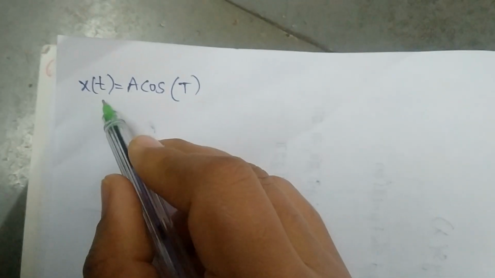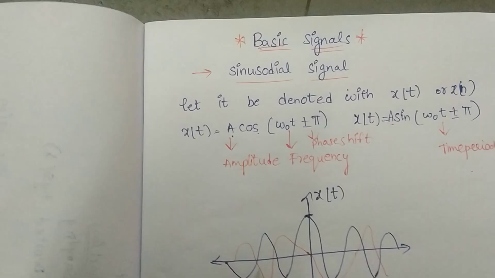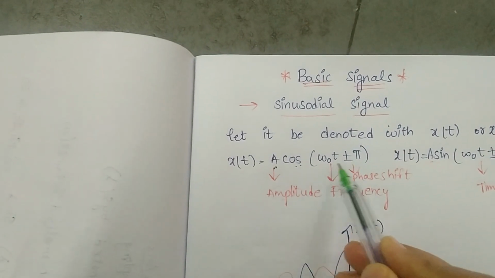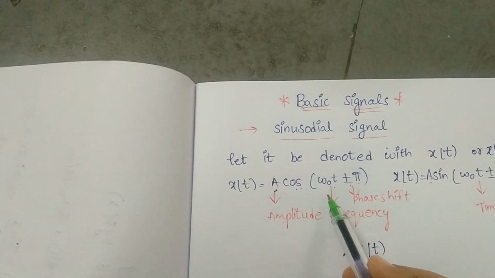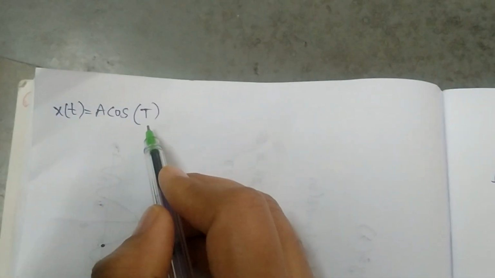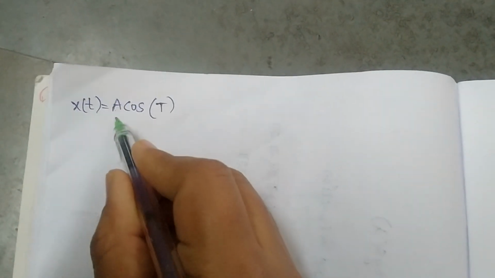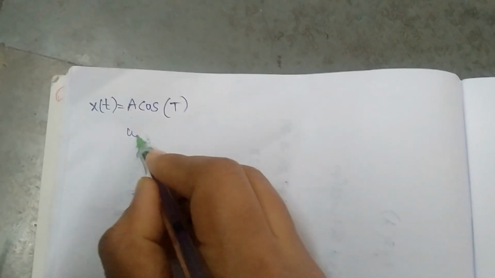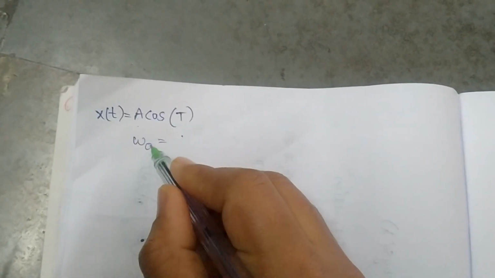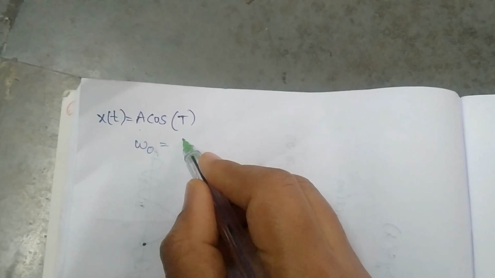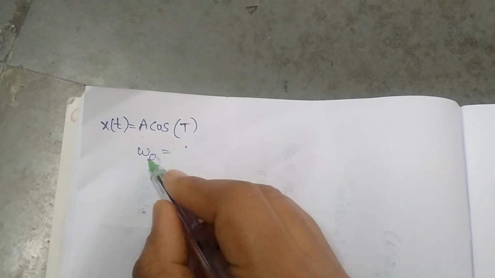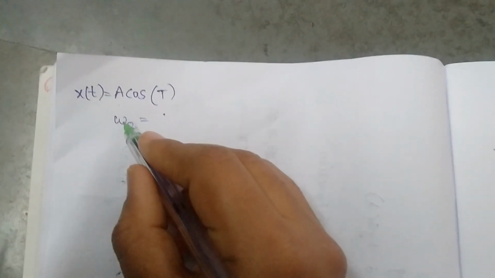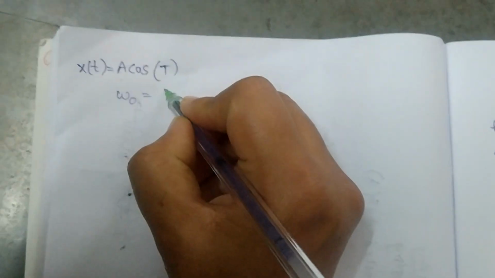Here I am taking one example. x of t is equal to A cos t. First of all, we need to compare here. A cos t will be there. There is no phase shift, and we can assume the frequency is 1, so we get A cos t, right? So A means amplitude, and omega naught. Omega naught is nothing but w naught, right? In some places they call it omega naught or w naught, but we should call it omega naught. Okay, omega naught is equal to 1, which means